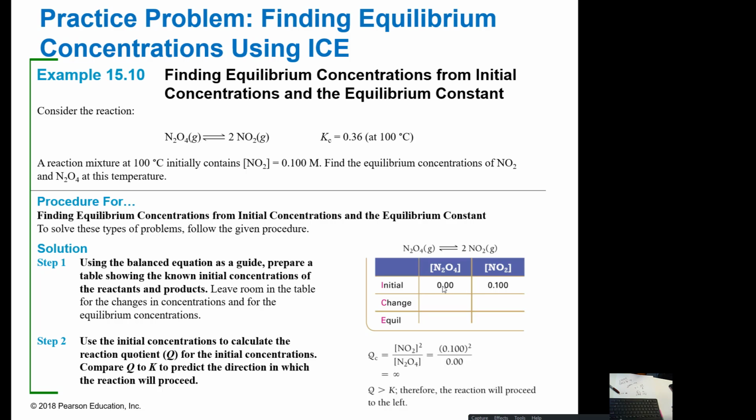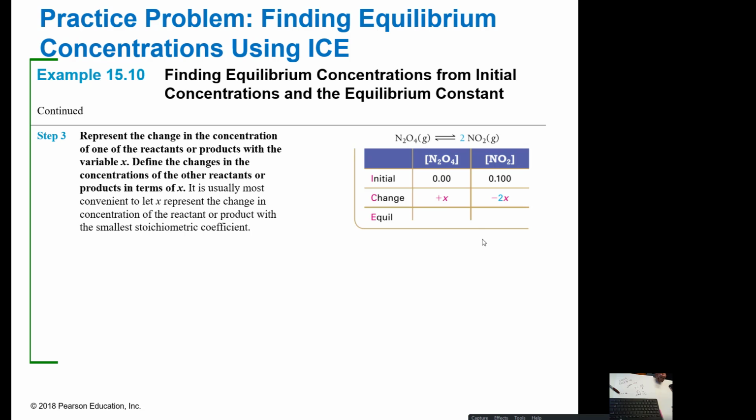At the beginning you don't have any reactant, you have only products, and Kc is given. This initial amount, no product. So at that time you can say, okay, 2x plus x, and then